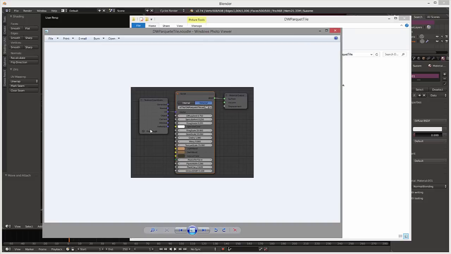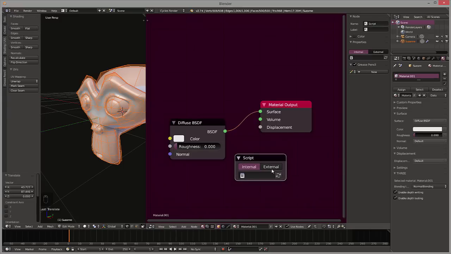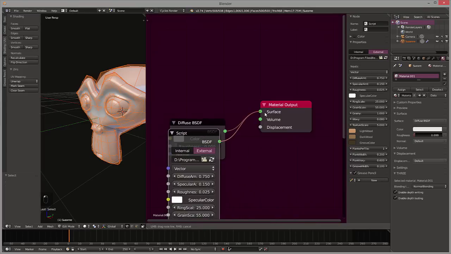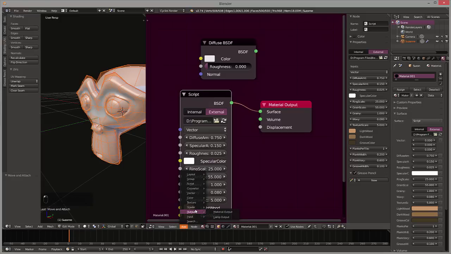Okay, so we've already set up the UVs. All we need to do is load up the script, the UV into the vector, and then the BSDF into the surface. So let's go ahead and do that one. Come down over here to add script, external, and then we'll go to our OSL shaders file, wood parquet, and then all you need to do is click that OSL script, accept on that, connect that to that,